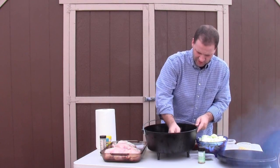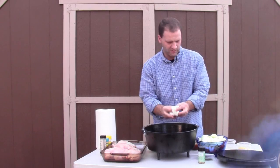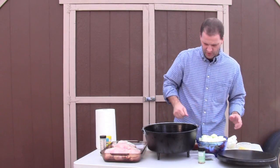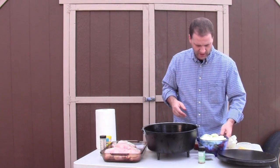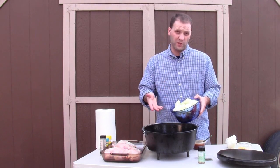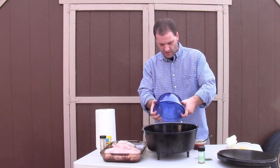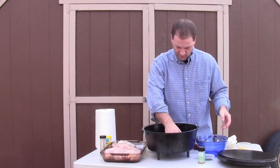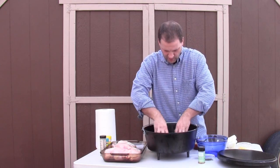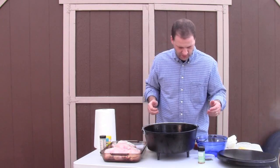And I'll give a list of all the ingredients that I'm using, but it's a really simple recipe. So now that I've got that, I use some baby carrots, some onions. I have sweet potatoes instead of regular potatoes, and I'm just going to go ahead and dump that in. Make sure it covers the bottom. Okay, now that that's mixed up,